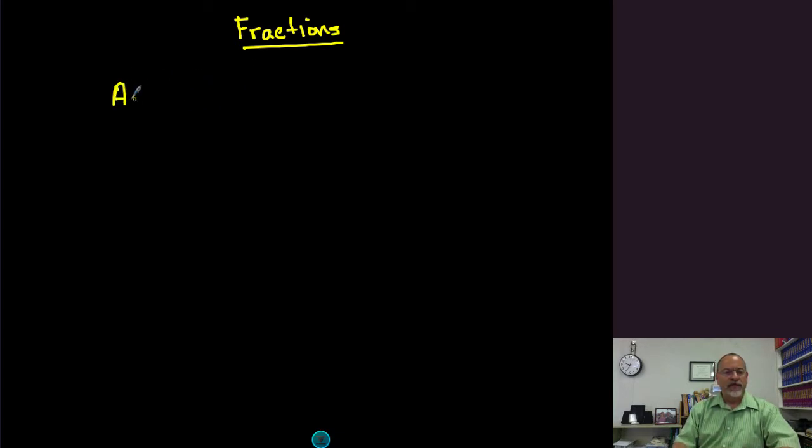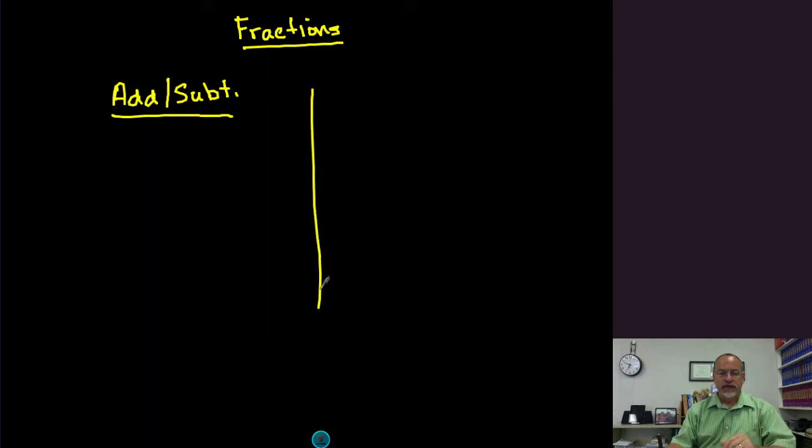In math, we have basically four operations. We have addition and subtraction, and those are usually grouped together because those are inverse operations of each other. If I want to undo something that I added, then I subtract. If I want to undo something that I subtracted, then I add. So most of the properties will apply to those two together, but not always necessarily.